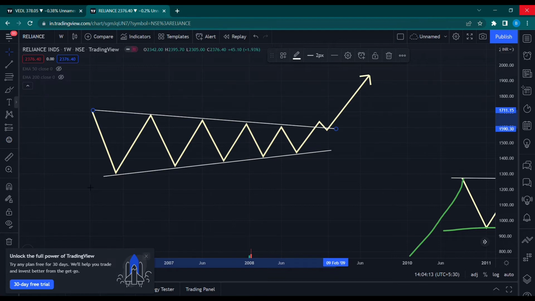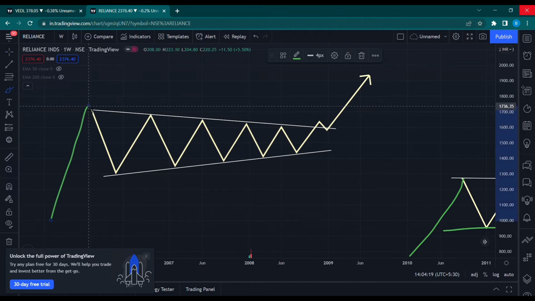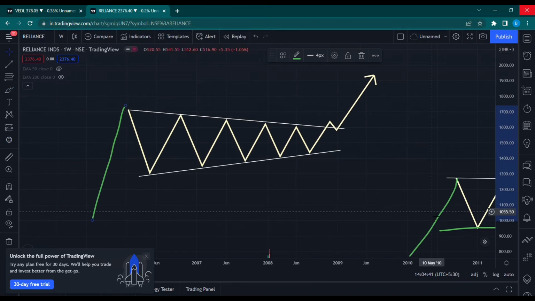So if, for example, the prices were on an uptrend and it forms this, since the overall trend was on the upside, then it breaks out on the upside and then it goes up, right? If the trend was on the downside, we expect the opposite, right? Or maybe we can even expect an upside move. So we'll come to it, what are the conditions that need to be satisfied here. So I hope this is clear.